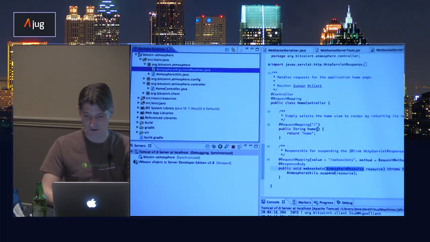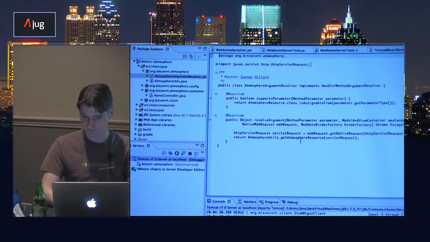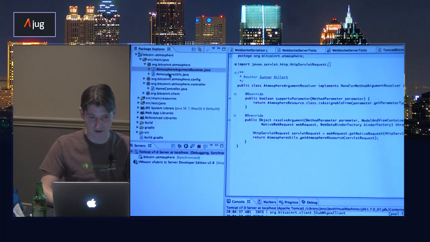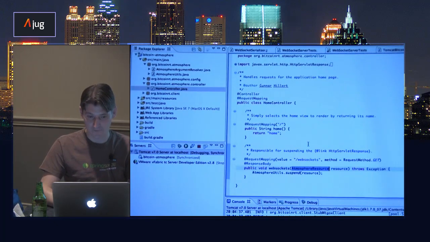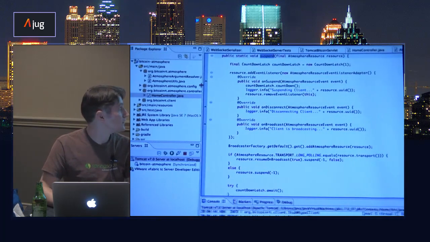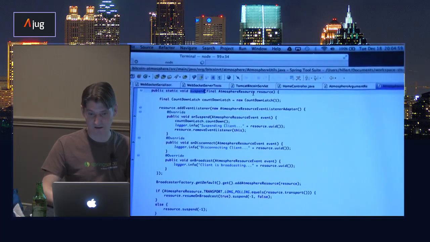You can plug that in to get that injected into your controller without having to do any nasty looking utility methods. Then I'm delegating it to my little utility method over here, and suspending the Atmosphere resource.